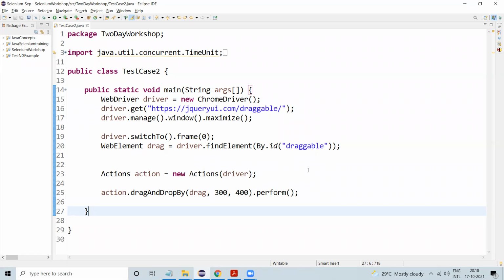Right, so maybe you can face a question like this: if no such element exception is thrown, what will you do? First we need to check whether the element is dynamic or not. Whatever XPath or locator we have given, first we need to validate whether it is a dynamic or constant locator. If it is a constant one, then we need to check whether the particular element is in another frame or another window or not. That is what we need to validate. Then only we have to make sure that it is a unique element.